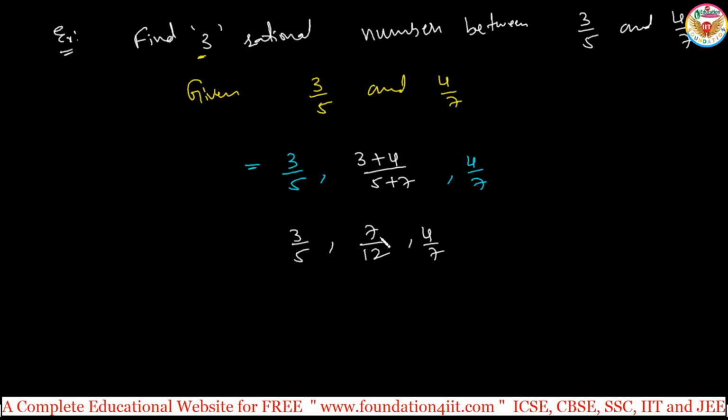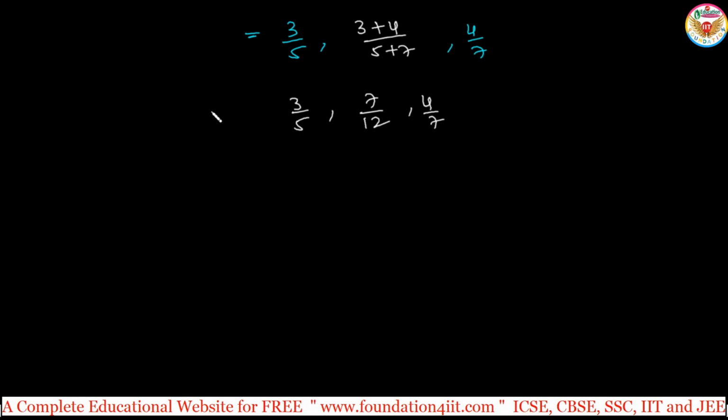So one we got, and two more we require. So what should we do? The 3 by 5 is as it is. The last one, 4 by 7, is as it is. In between we need to find. Already in between it is 7 by 12. Now between these both, that is the sum of this. Between these two, 3 by 5 and 7 by 12,